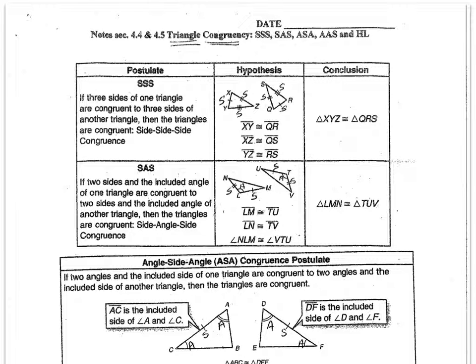Okay, so sections 4.4 and 4.5 talk about triangle congruency. And we have some postulates, 3 postulates, and 2 theorems that we need to learn here, okay? So the postulates are statements that are assumed to be true. Theorems are the ones that you can prove, okay? So the first 3, what you need to do when they give you